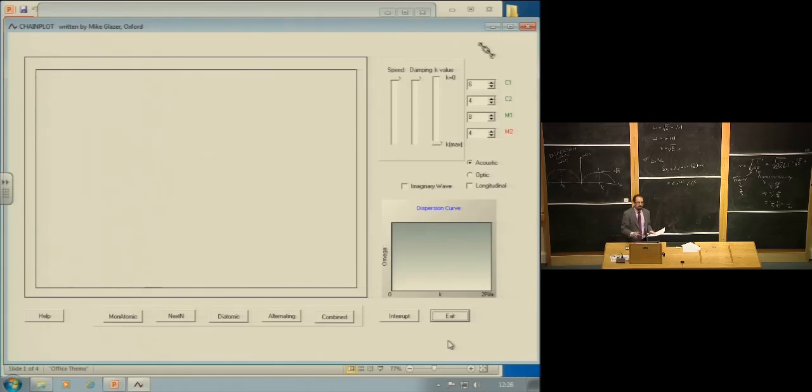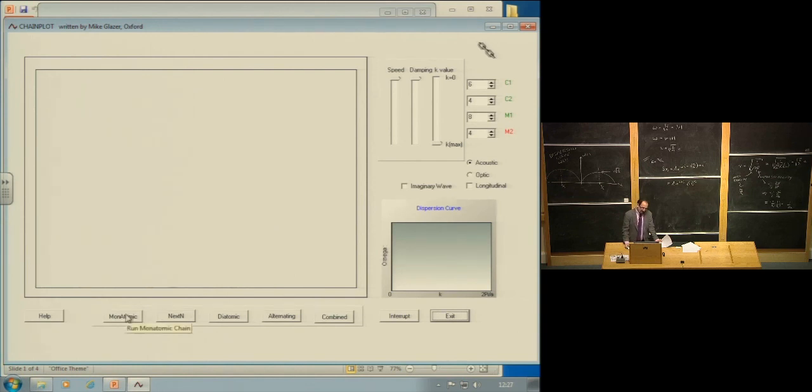So this is a program we can download from my website. It was written by Mike Glazer. It works on Windows. It works under Wine on Linux. I think it probably works on Mac, but I'm not sure about that. So the purpose of it is to show you what oscillations of one of these chains actually looks like in